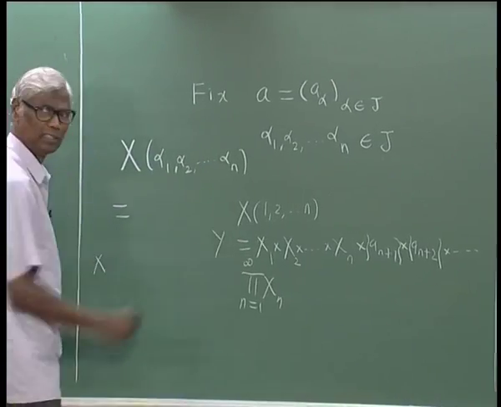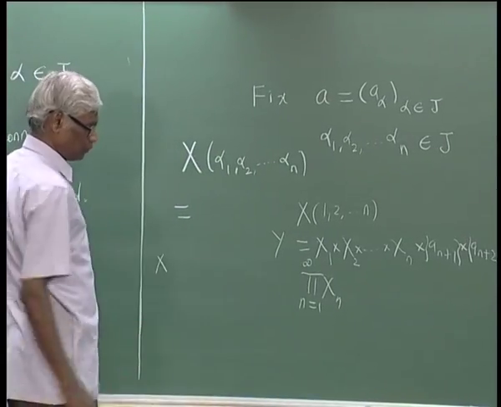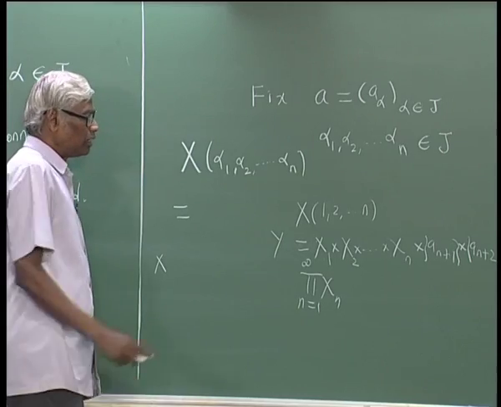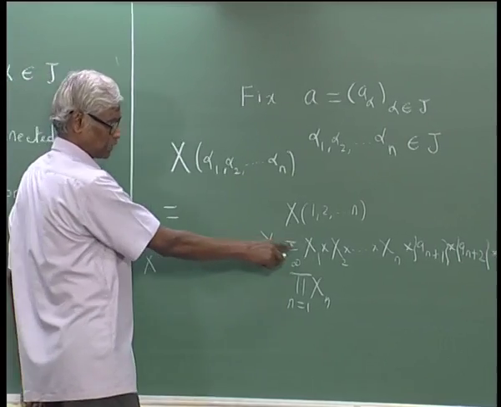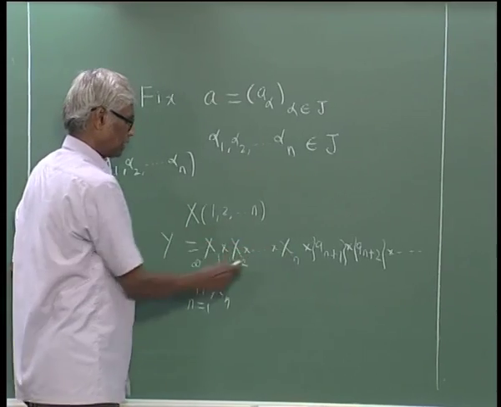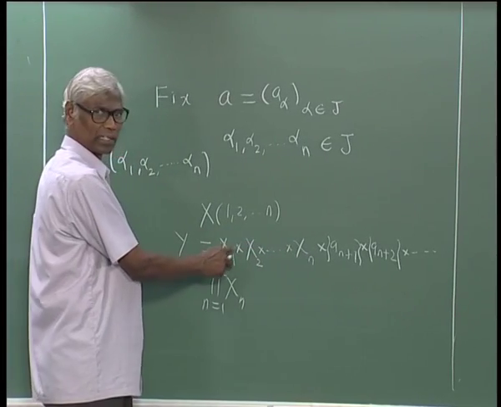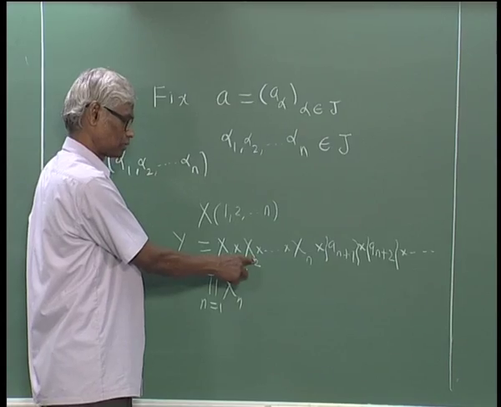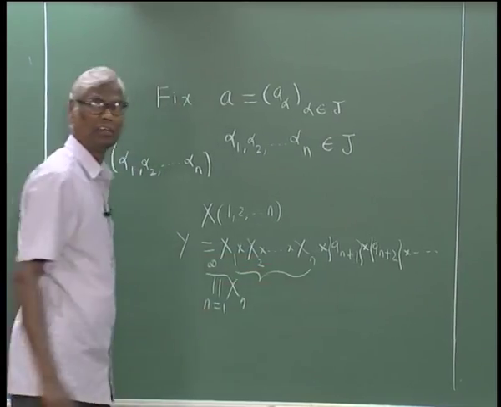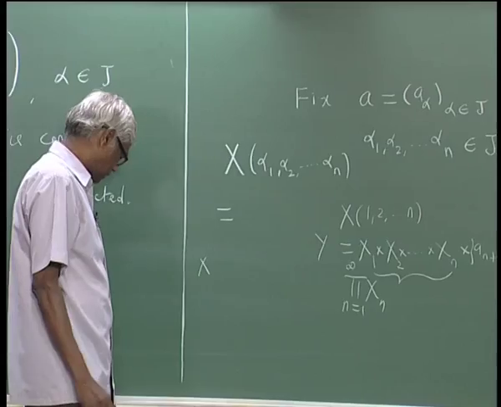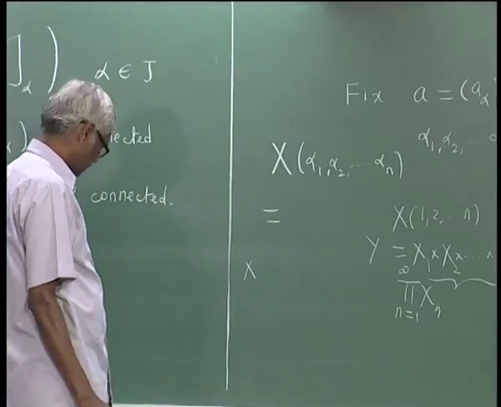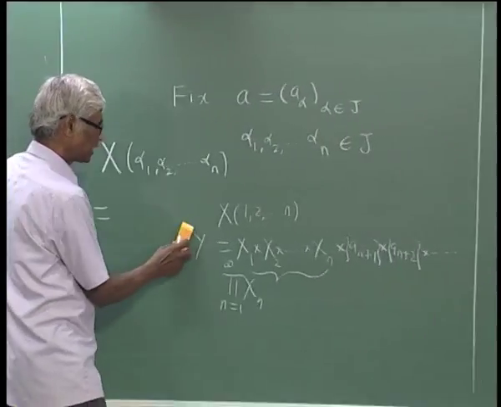First we prove, by induction, that if X_1 is connected then X_1 cross X_2 is connected, then using induction we prove that this Cartesian product is connected. So exactly the same way